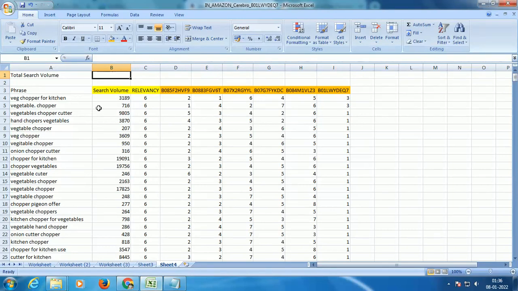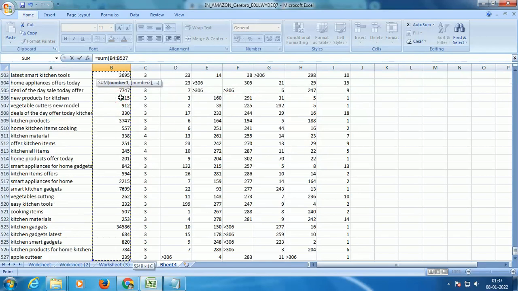all these 6 ASINs put together. How many customers are able to view all these 6 ASINs put together? Or what is the potential in this market, or what is the potential for these 6 players? In order to do that, I'll just take a sum of everything.